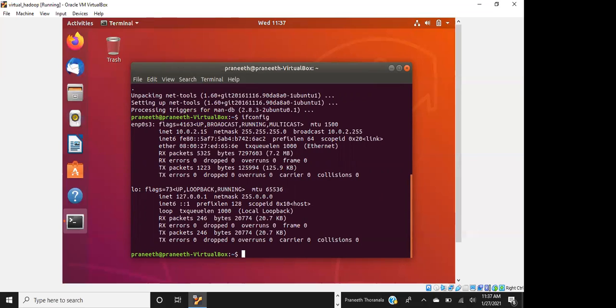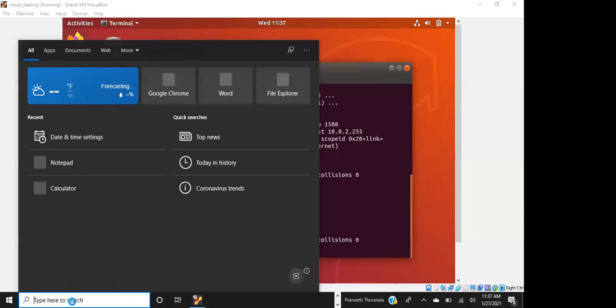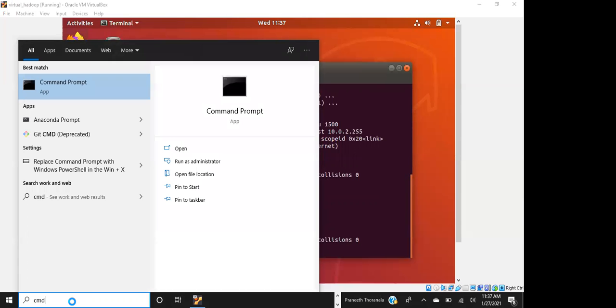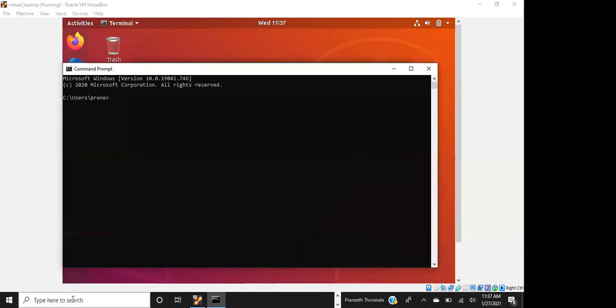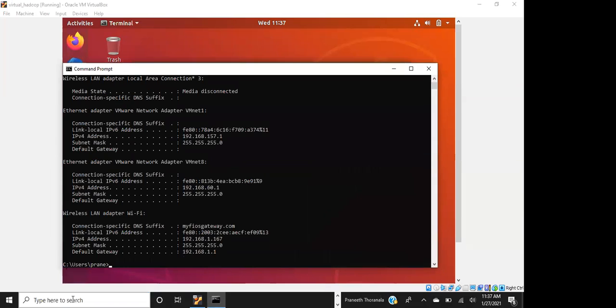If you go to your Windows machine and open a command line and type ipconfig, basically to connect to your VM we need to generate an IP in the range similar to 192.168.1.